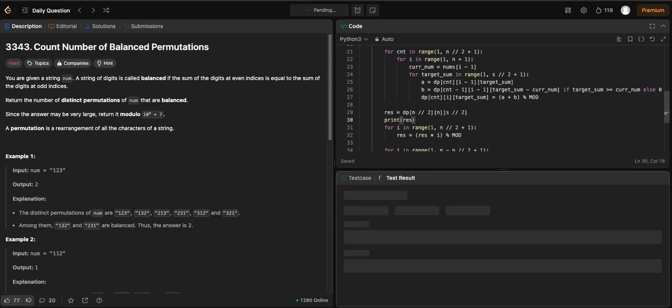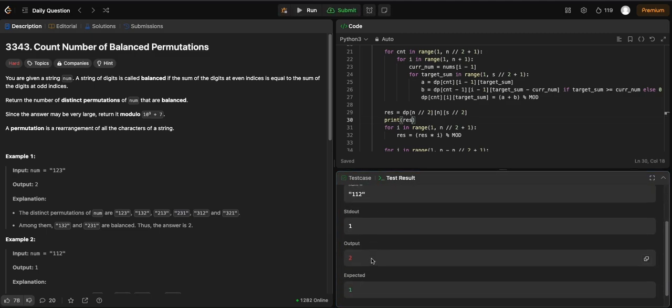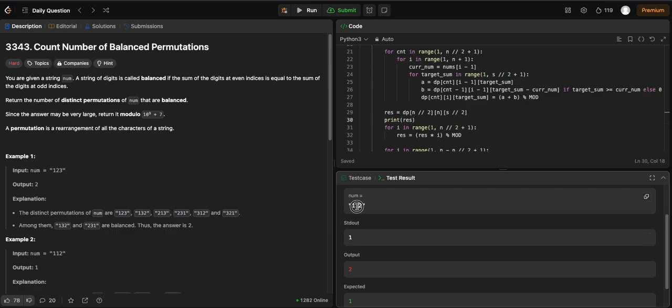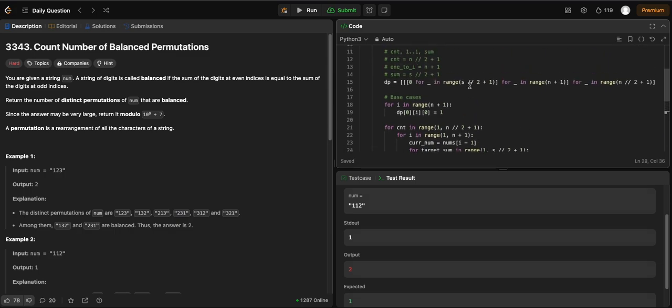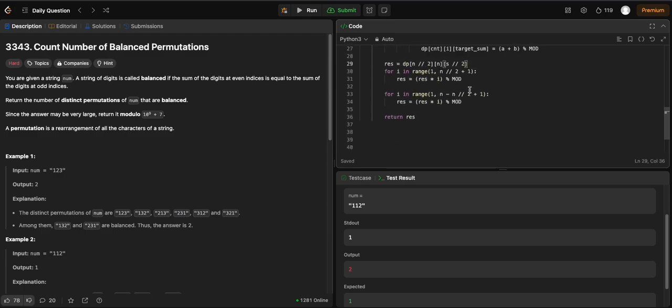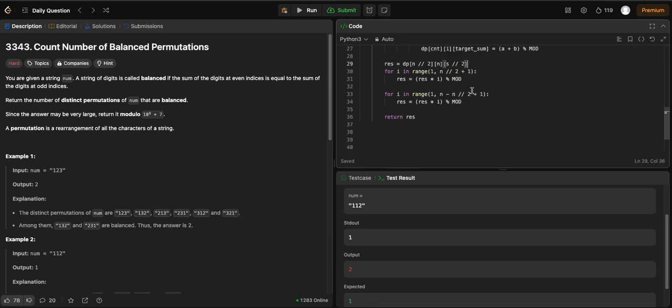Oh, there is a problem with my algorithm. So when we're doing the permutations, we actually also need to deal with the duplicate numbers used. So that's something that we are missing. But I think if we implement that as well, it should more or less work. But that would be really annoying to do, I think. Wait, actually, is it that annoying? No, it's not annoying, because